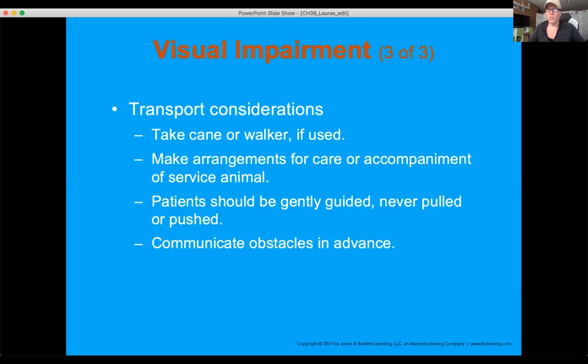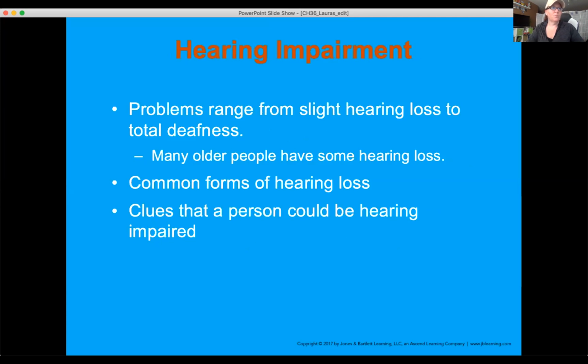And then, you know, don't just start grabbing on people to move them. Tell them what you're going to do. Make sure everybody is aware, and that you're notifying the patient, if we're going to lift you up, we're going to grab your knees and your elbows or grab you under your arms, and we're going to help you move over, okay? And then ask them what they're comfortable with as far as movement as well.